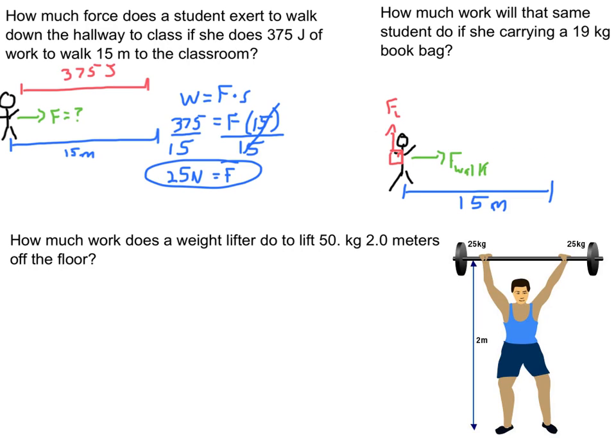Notice here, the force that she's having to use to keep the bag up is going vertical, while her displacement goes horizontal. Those are perpendicular to each other, not parallel. So the total extra work that she is going to do would be 0 joules extra, which means whether this girl is carrying a backpack or not, she's still only going to exert 25 newtons of force and exert 375